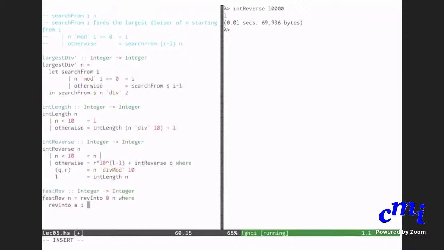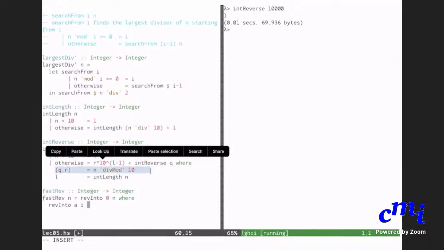Yeah, what I am doing is R, which is the rightmost digit. R is N mod 10. This QR, if you see, is N div mod 10, which means Q is N div 10, R is N mod 10. Okay, so tell me yes if you understand this or not. Got it, sir. Yeah, tell me if you got it.